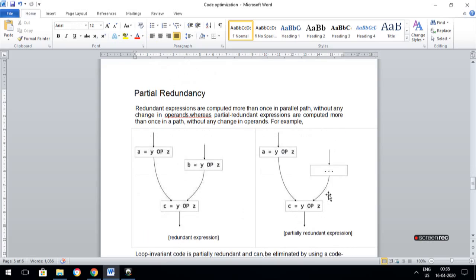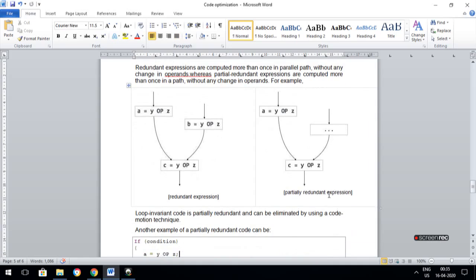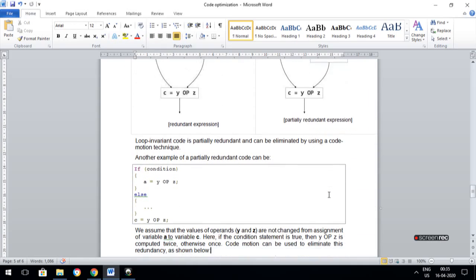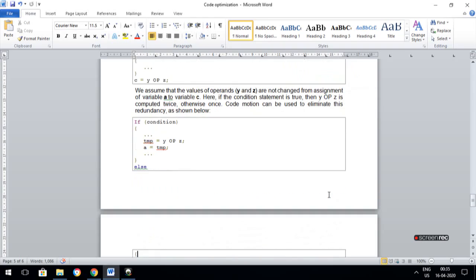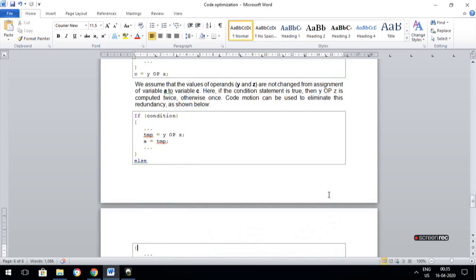The next one: what do you mean by partial redundancy? You know the meaning of redundancy, it is duplication. So we have to identify the duplication. For example, a equal to y operator z, b equal to y operator z, c equal to y operator z. So this is redundant. Now look at the partial redundant expression example.